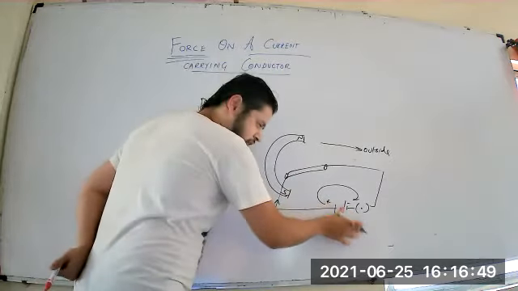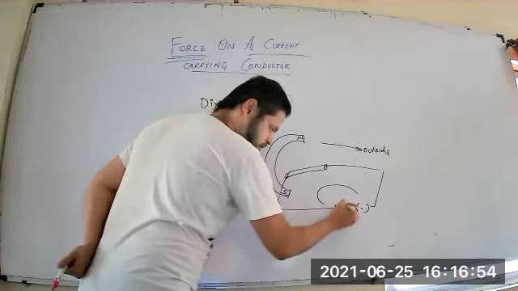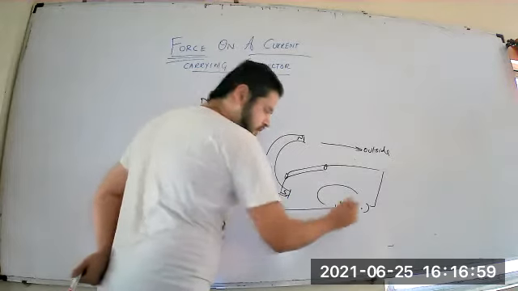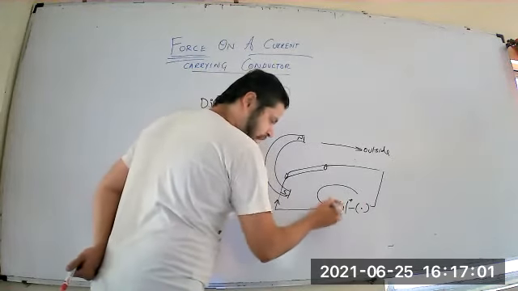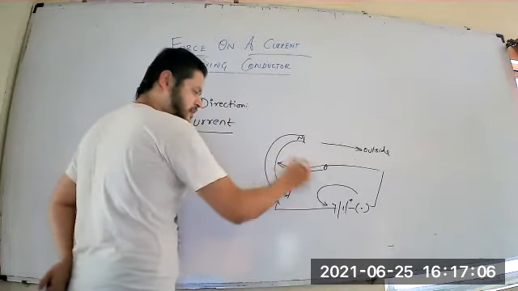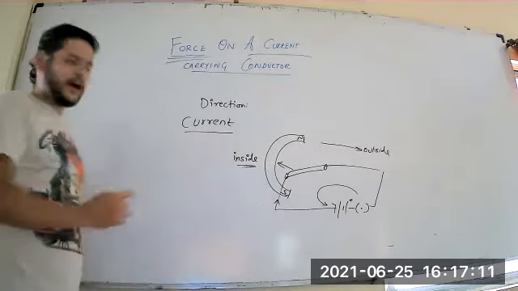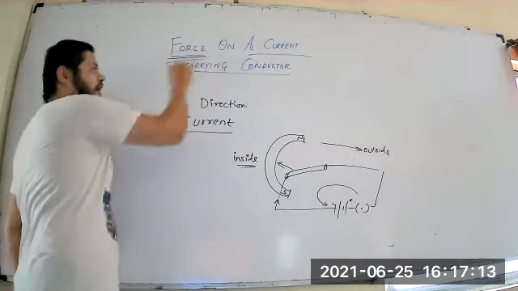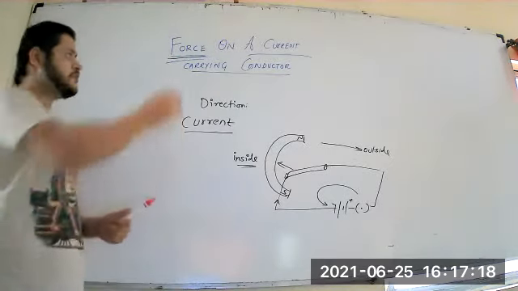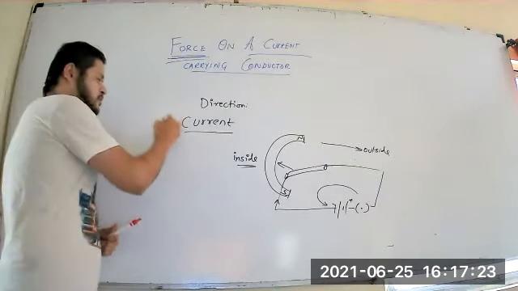Now, if I reverse the direction of the current, that is, I interchange the battery, what will happen? The direction has now changed. In this second case, we observe that the conductor is pushed inside. So this is one way how we can identify or change the direction of the force. In our later sections, we will see how we will utilize this force using these same parameters. This is your first method.